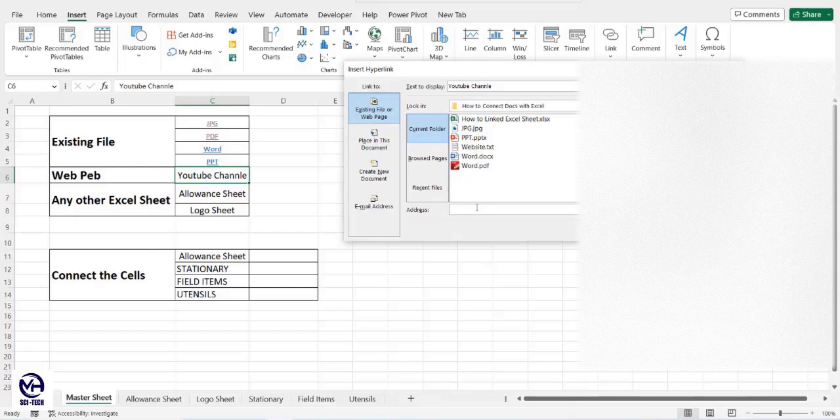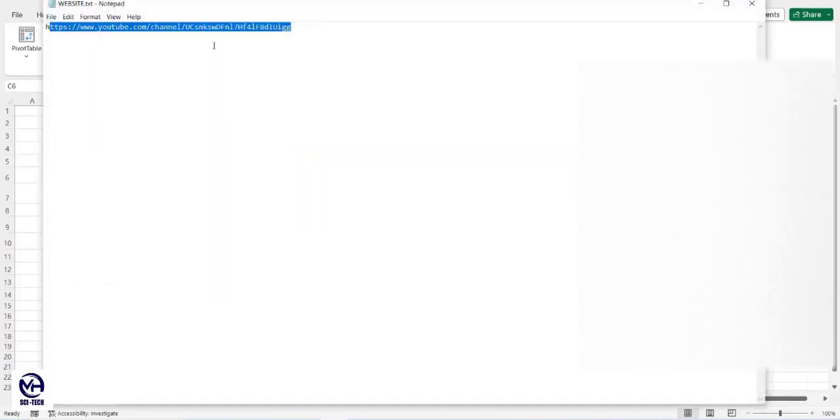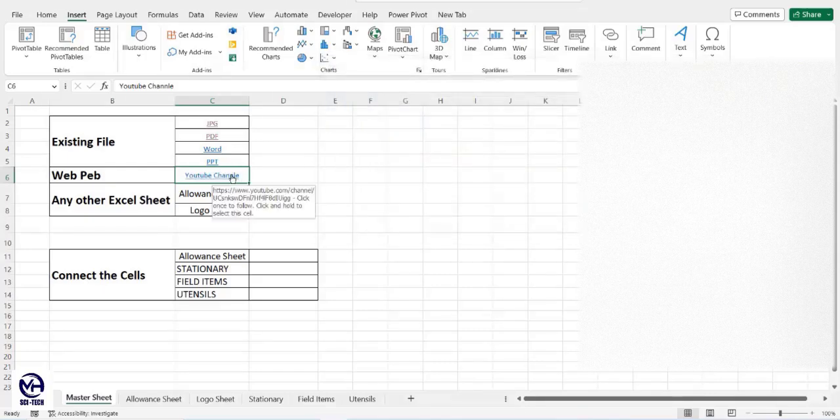So if you know your web address, go to that page, copy the link. Like I can show you here, I copy the link of my YouTube channel. So copy this, go to Excel, paste this address here, and press OK. So you see your website is connected. Press on it, it will open a channel link for you,